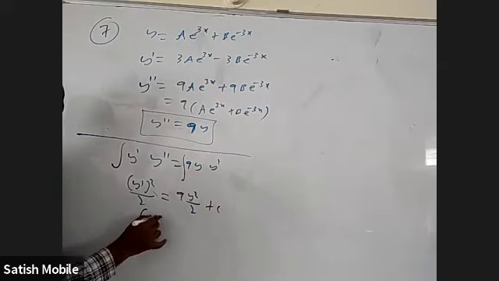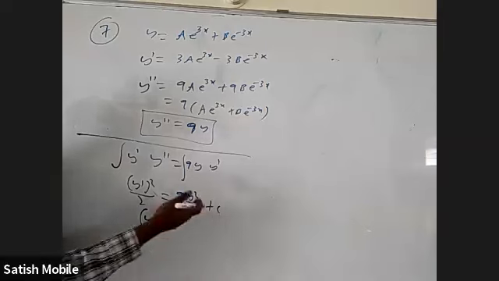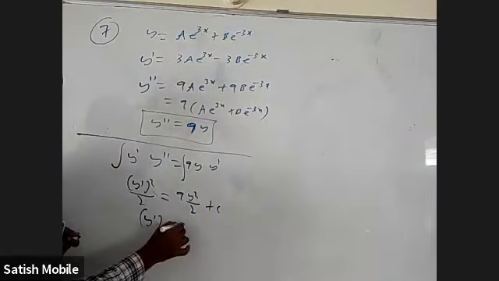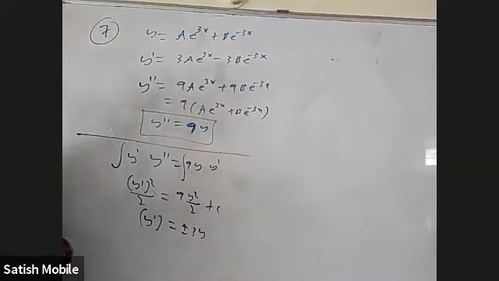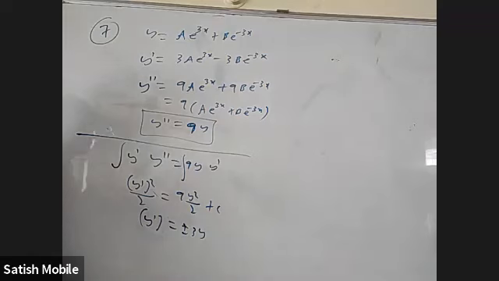So I'll get y dash whole square equal to 9y square. Actually if I neglect c, if I take c also some answer will come, but if I neglect that c part, I'll get basically y dash equal to plus or minus 3y. Okay. When I take plus 3y and bring this y here, I'll get e power 3x as a solution. When I take minus 3y, I'll get e power minus 3x. So e power 3x is also solution, e power minus 3x also solution. Any combination of that is a solution.